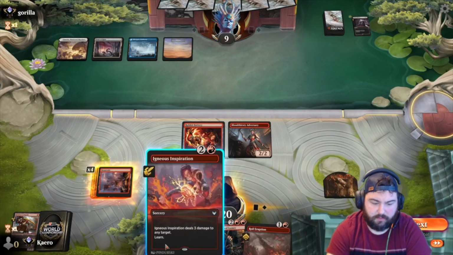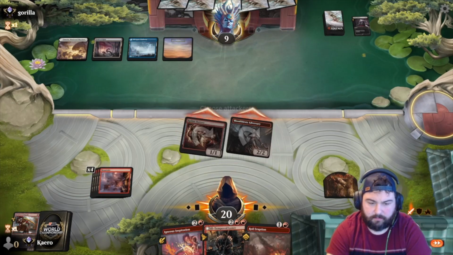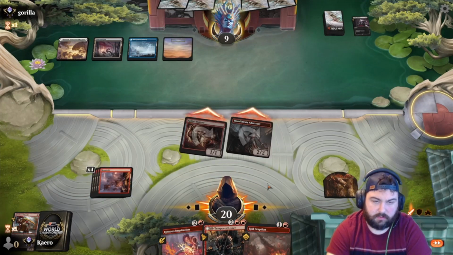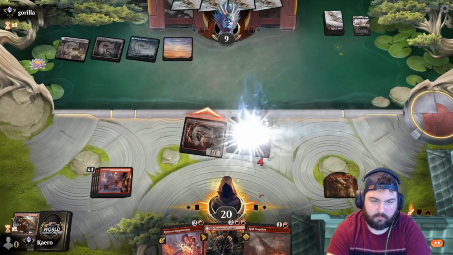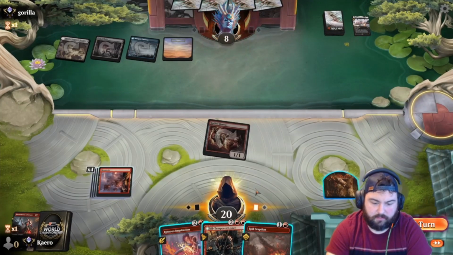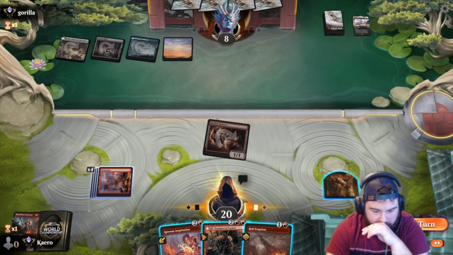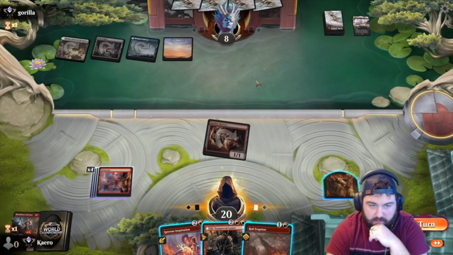Roil Eruption for 3, Igneous for 3. Let's see if we can get in. Be gone, Joe. Alright. We get in for 1. The Igneous here, we bring him to 5. We learn...